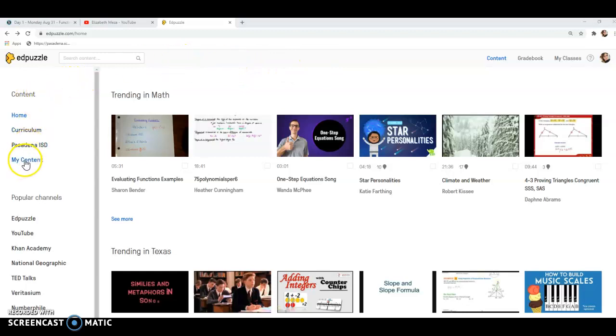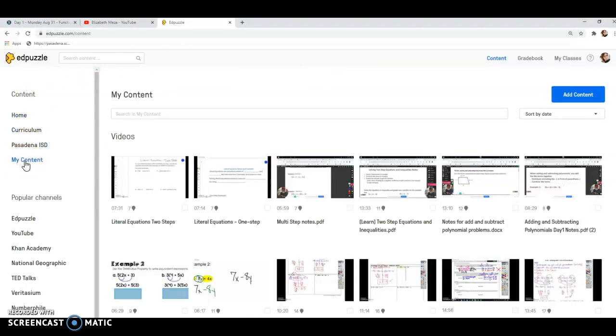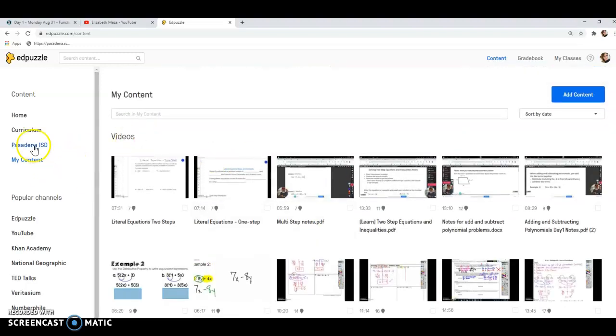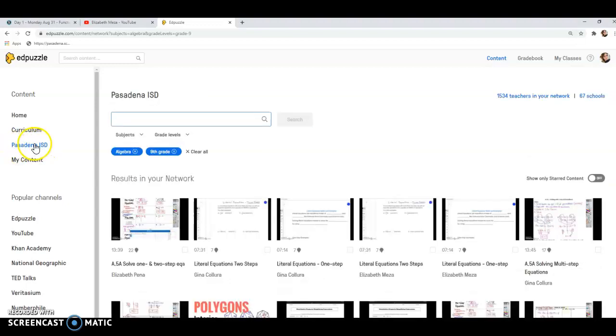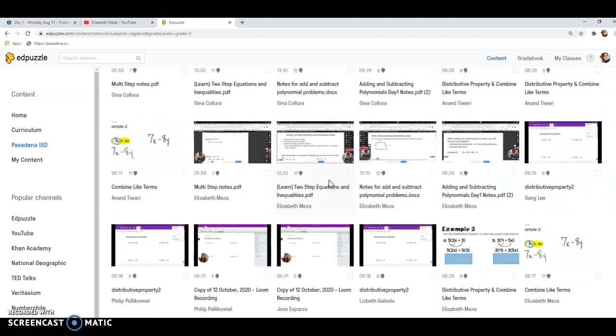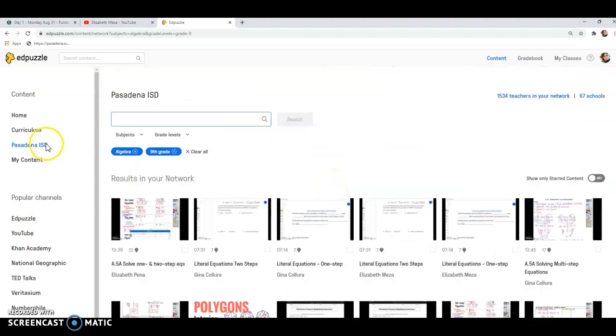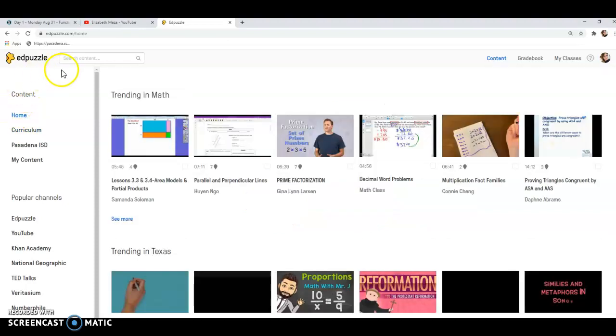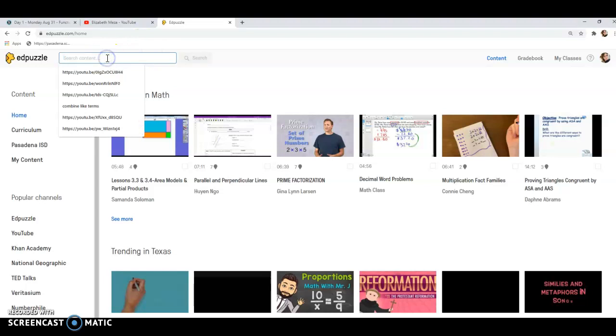When you go on the left side, you can click on My Content. These are Edpuzzles that I've created or I've used. We also have Pasadena ISD videos, so videos that other people have used in the district. And then you can either search by curriculum or you can just click on home. Now, if you search for a video, you can search on Edpuzzle and see if somebody created something already that